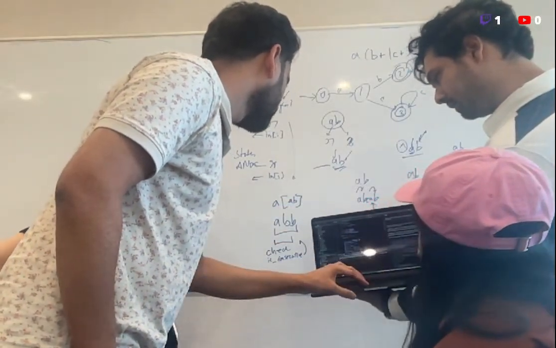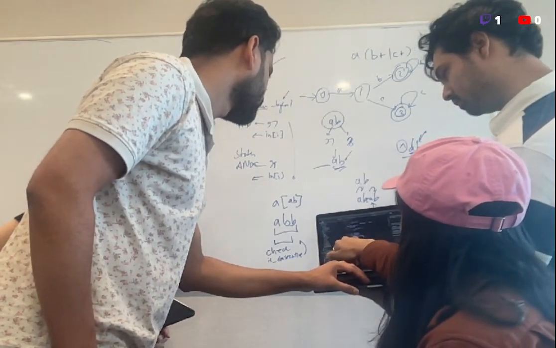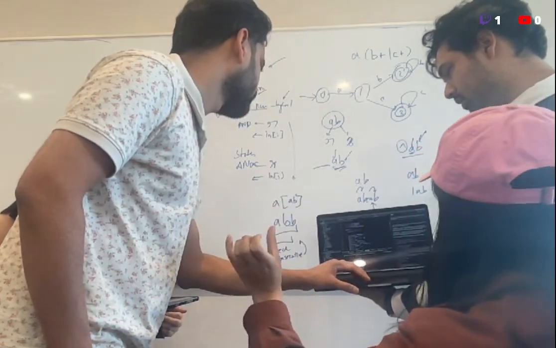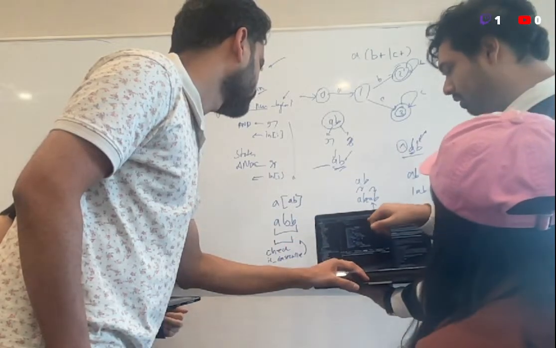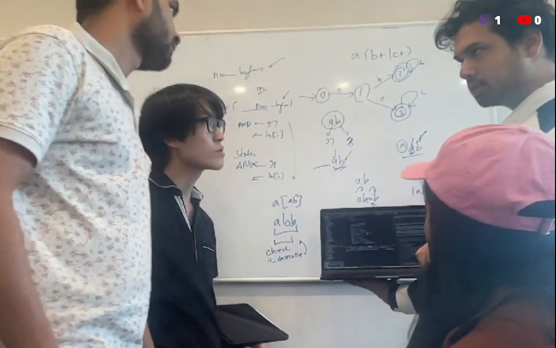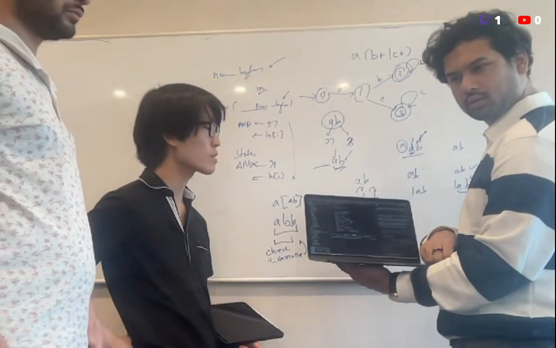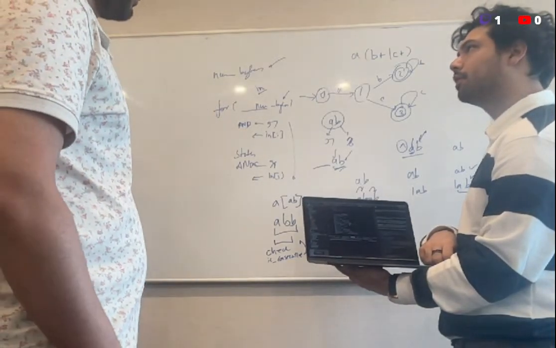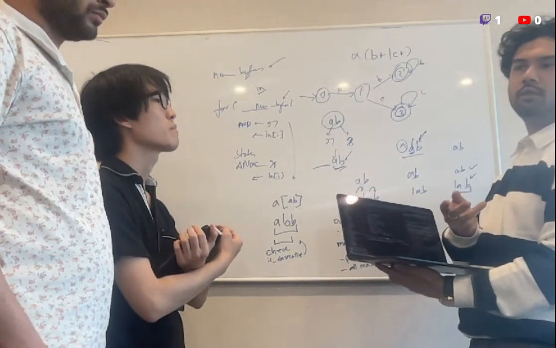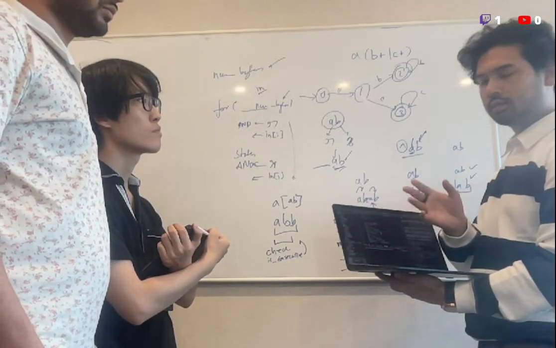So num bytes is the same as message bytes plus 1. The number of states is message bytes plus 2, right? Because you need the state of the initial character and the end character and each character of the string. But the loop doesn't need to run for num bytes. No, it needs to run for num bytes because you're updating the state for every single value in the state array. So you're saying for the input length of 2, there would be 3 states, so you're updating it 3 times. Maybe even 4, but yeah, 3 states that we update.